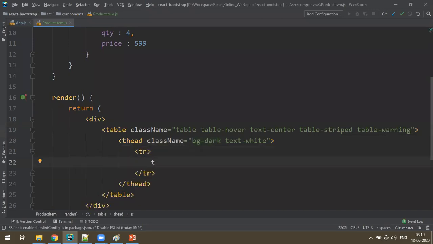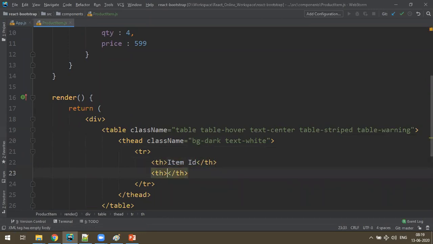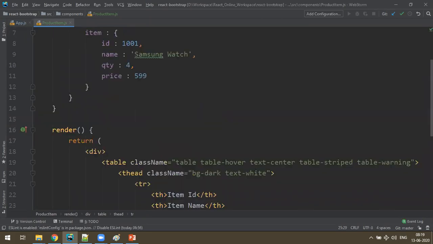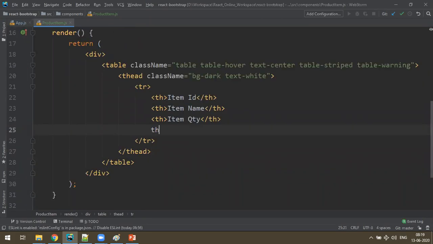Okay, so in thead we wanted what? First table row, table header. First I wanted the item ID, and another one, so item name, and here item quantity. Next, what else? The price.